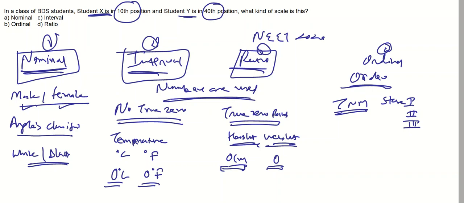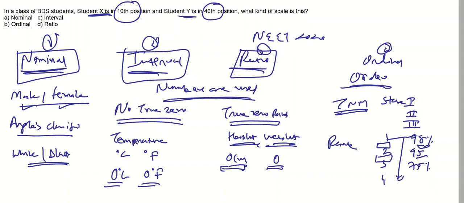Same way, if in an exam you are given ranking, so first rank, second rank, third rank, fourth rank, like this ranks are given. Okay. Now you cannot tell how much more severe stage 2 is than stage 1, and you don't have a specific distance between rank 1 and rank 2. The rank 1 might be 98% and then rank 2 might be 95 and rank 3 may be 75% also. That is possible. Okay. So there is no definite interval between them, whereas the definite interval is there in the ratio scale also and the interval scale also, right?